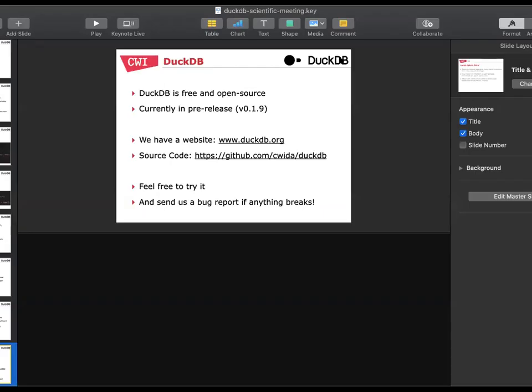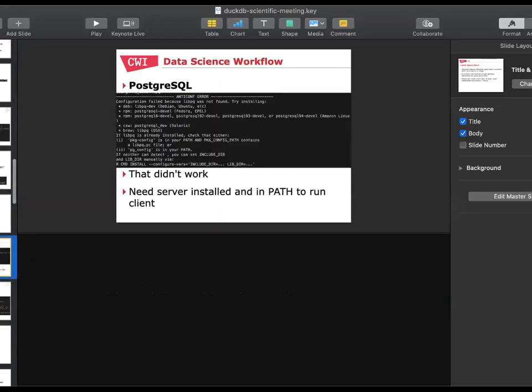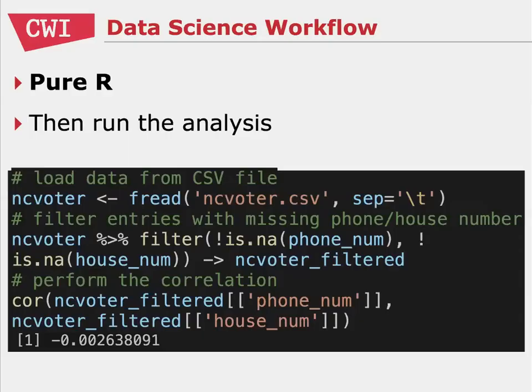So if I go back here, you can see what we're doing is we are only using 2 columns. You can see we're only using the phone number and the house number. That's all we're interested in.